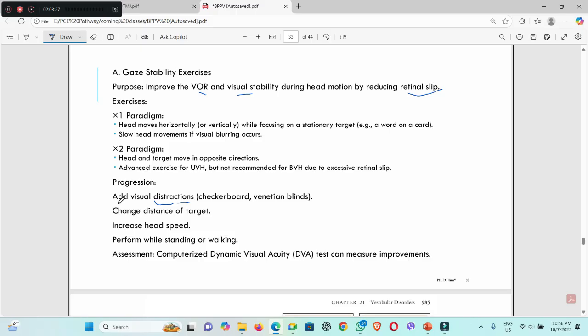So progression: add visual distractions. So these are the distractors. Change the distance of the target, increase head speed, perform while standing or walking. Assessment is done by computerized